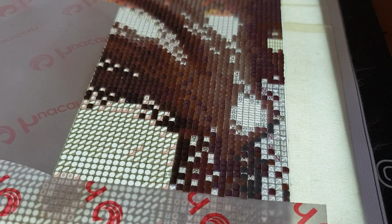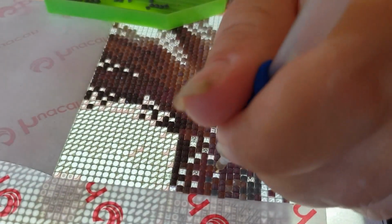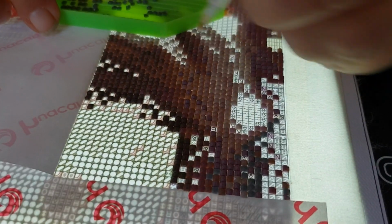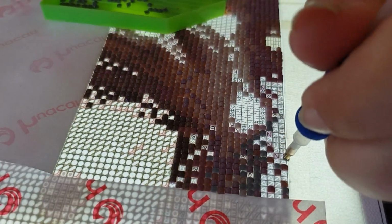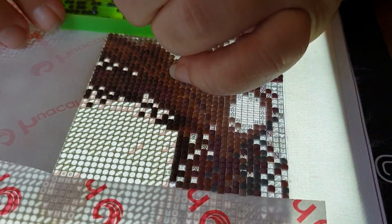Number 3, which is the weird triangle. There's definitely some different symbols in this one than I've seen in any other Huacan. So, makes it interesting, makes it different. Something there, yes. Yeah, I'm trying to keep it from making them pop out, which is what they seem to want to do no matter what. I've tried to stretch the canvas a bit, and it hasn't made a difference. So we can now move on